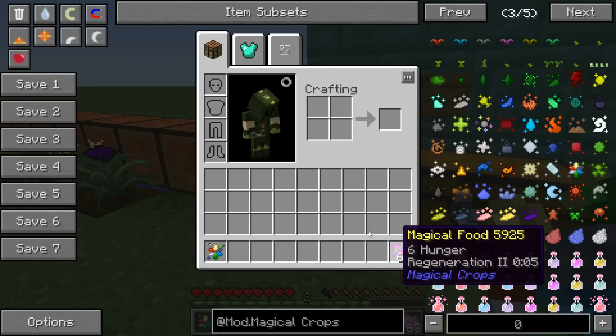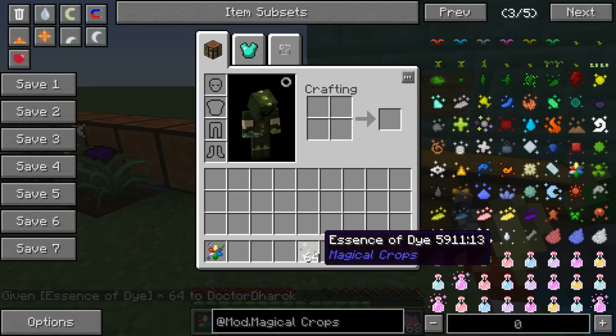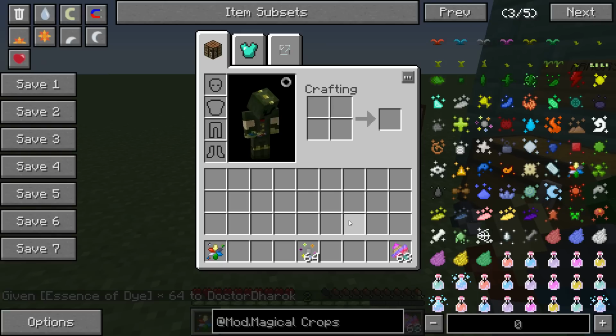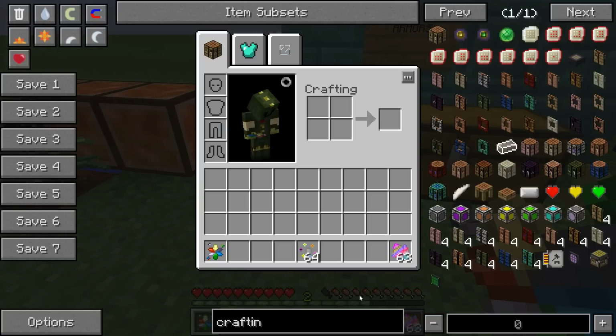Now here's a quick trick for you guys. If you want something like that, let's just give me this. Okay, so do I have? No, I don't. I don't have a crafting table. Okay, so crafting table. Yeah, let's do it. Hang on, I want to show you guys something. If you're using NEI,